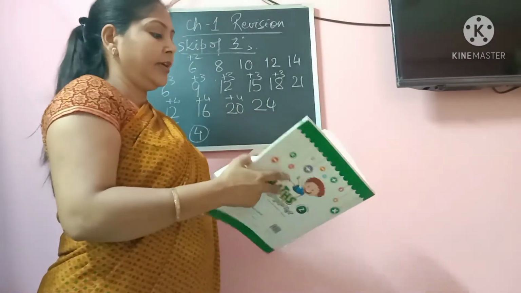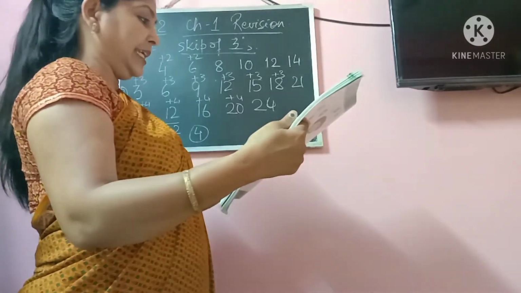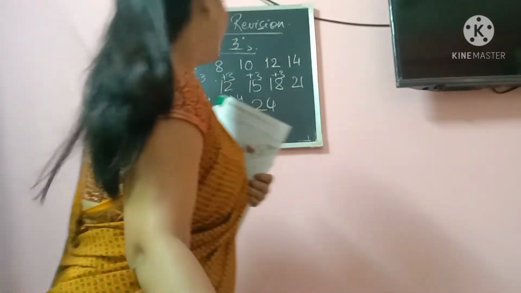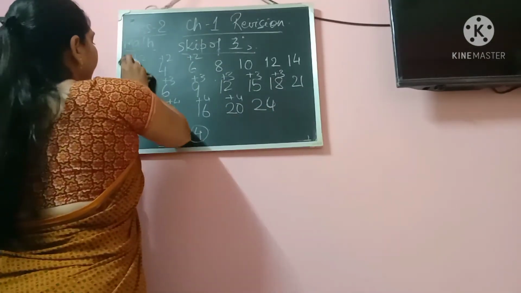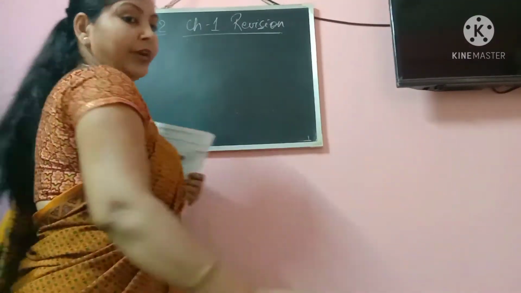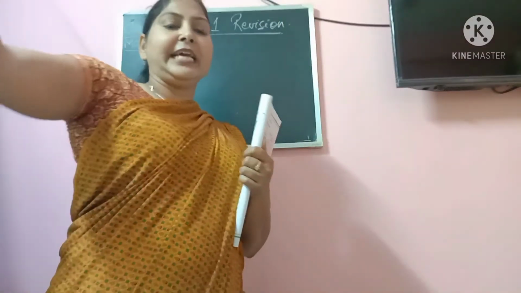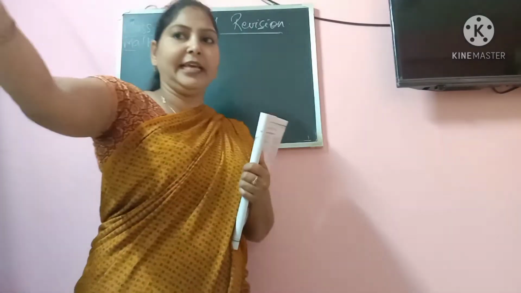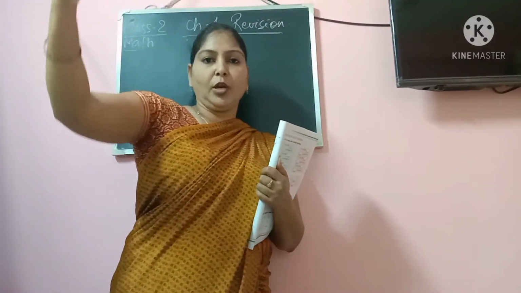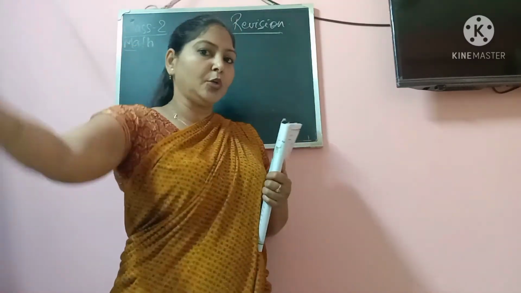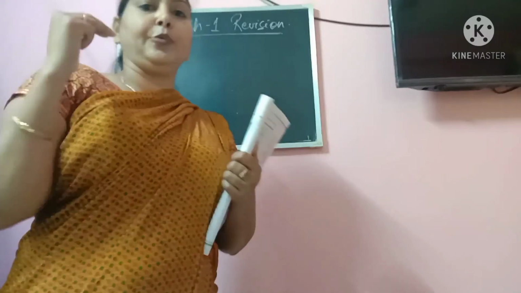Page number 7. Now we move to the next page, that is page number 8. And it is all about ordinal numbers. Now what are ordinal numbers? For example, in the school we stand in a line when we have assembly. And we stand according to our height. The smallest or the shortest one is in front, then the taller one, then again the taller one, then the tallest one is at the end. So from short to tall, children stand in a queue.